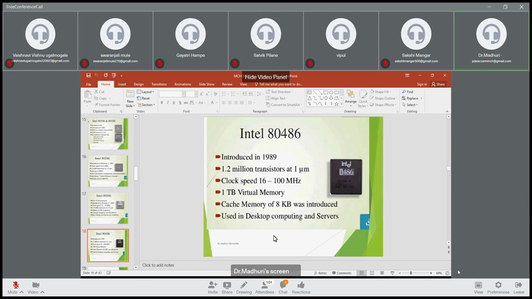So it has 1 terabyte virtual memory. Now madam, what is virtual memory? That we will see. Physical memory, what is that physical memory? That we will see whenever that particular unit comes. We will see it at that time. You just remember the term virtual memory. Okay. Now,